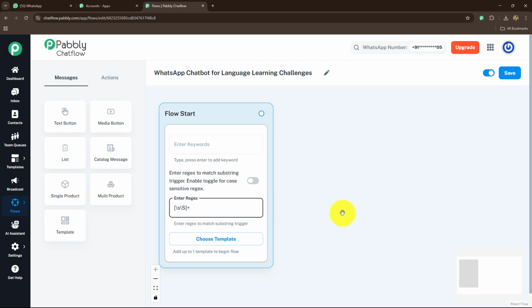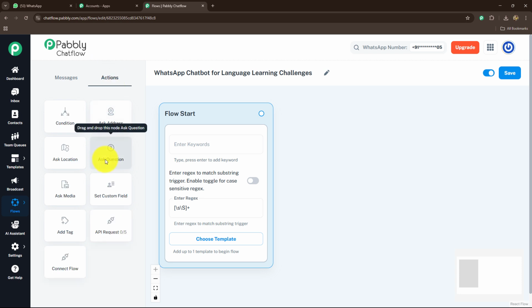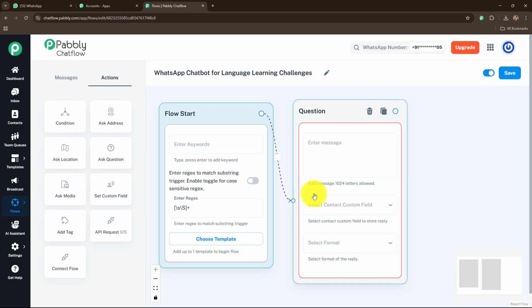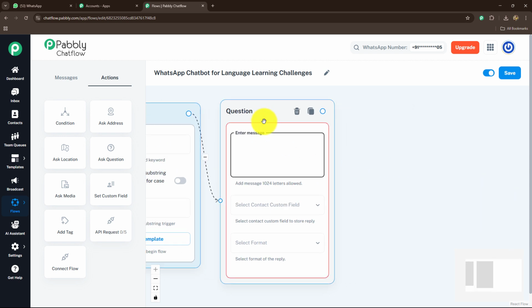As we have started the flow, now I want to ask the name of my client or the customer who is chatting with me. So for that, I'm going to select action, and here I'm going to ask a question like this. Now I'm going to connect this ask question step with my flow, and here I'm going to send the message